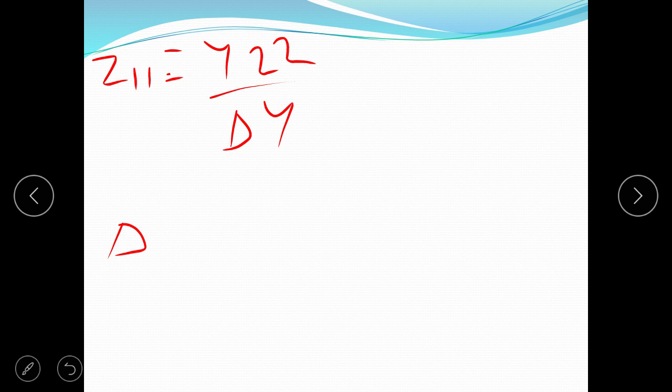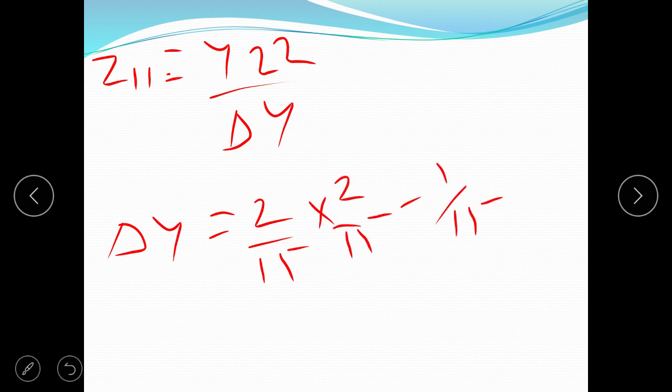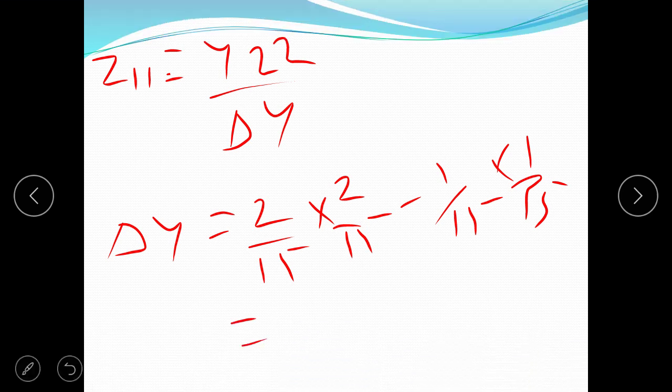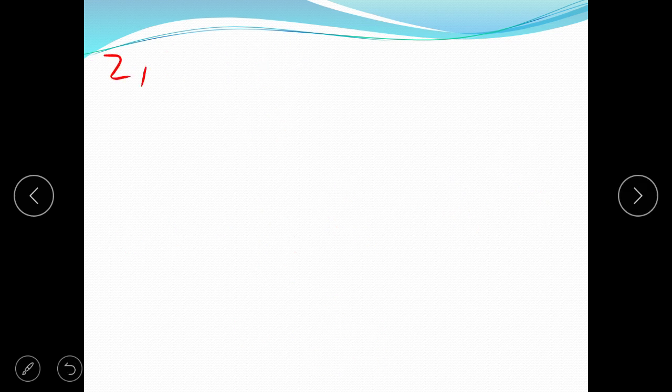So the del Y is 2 upon 15 into 2 upon 15 minus 1 upon 15 into 1 upon 15. So its value is 3 upon 225. So Z11 is equal to